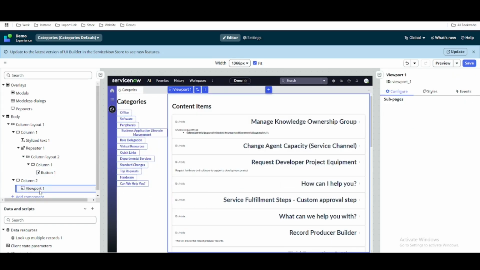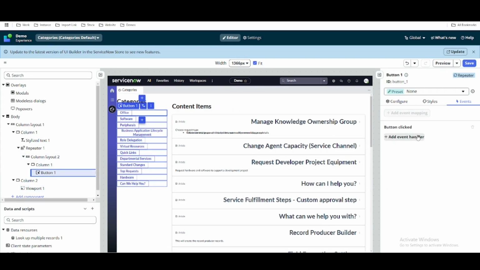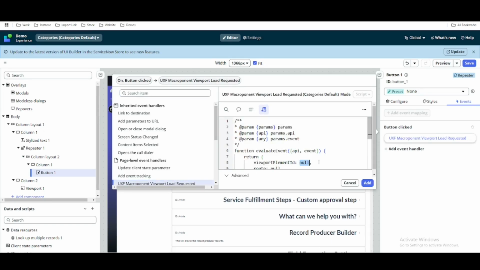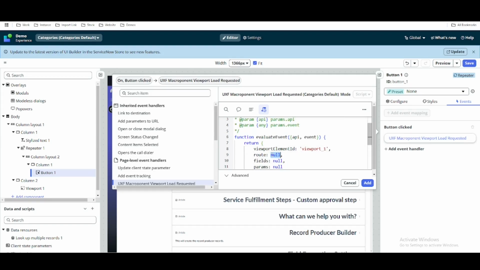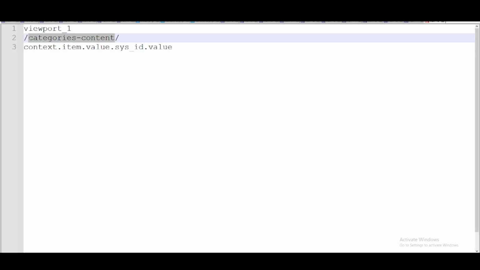You can go to this viewport, and then here you will get that viewport_1. That is the ID that we need to add here. So we'll go again here. What is the ID? The ID is called viewport_1. And then which page do we want to route? We want to route to this category_content page. So we'll get that